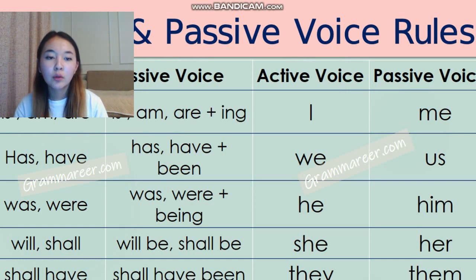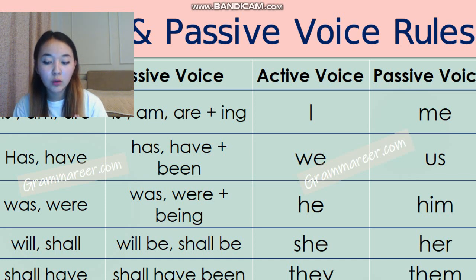But when we turn active to passive voice, we use am, is, are plus verb 3. It is a form of present simple passive. And the second one, to turn present continuous active to present continuous passive,